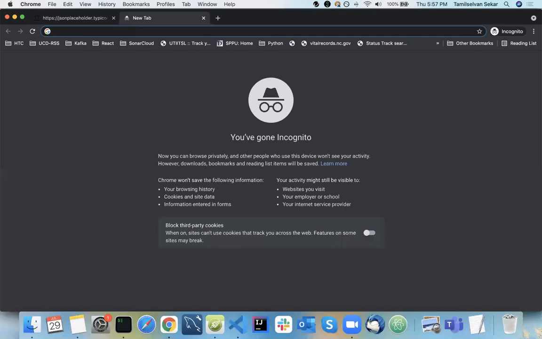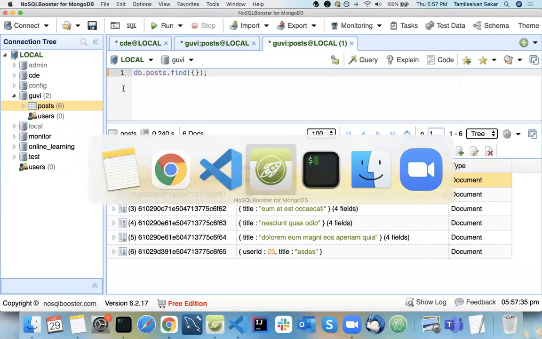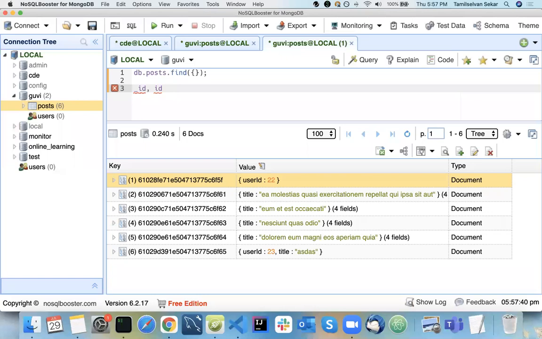Random ID means your random ID is underscore ID, not the ID column. Underscore ID differs from your ID. Suppose you mention an ID column manually, and it looks like an object ID, it will insert. So basically it will insert if there is an ID column. If you manually add it, it will take it as an object ID. Underscore ID will add something like a key, or a reference to that particular record.